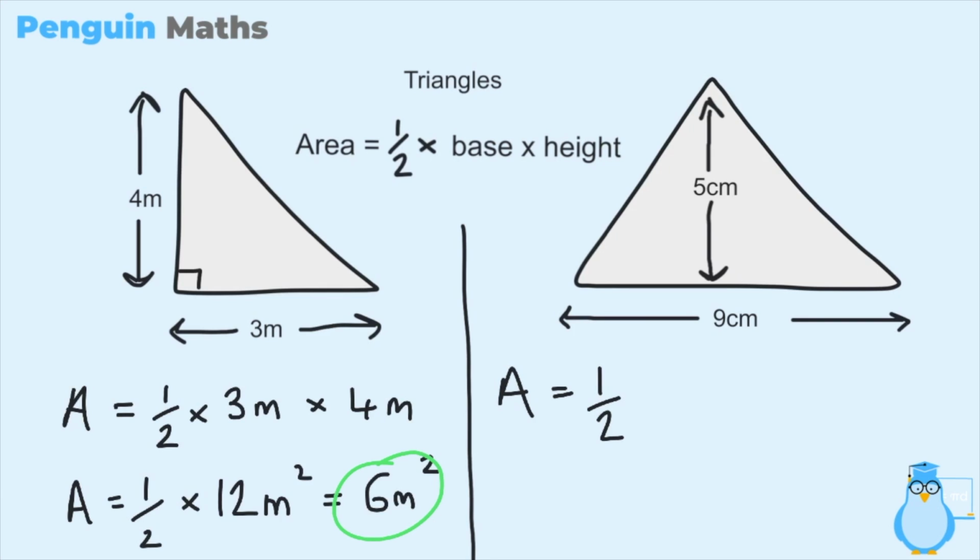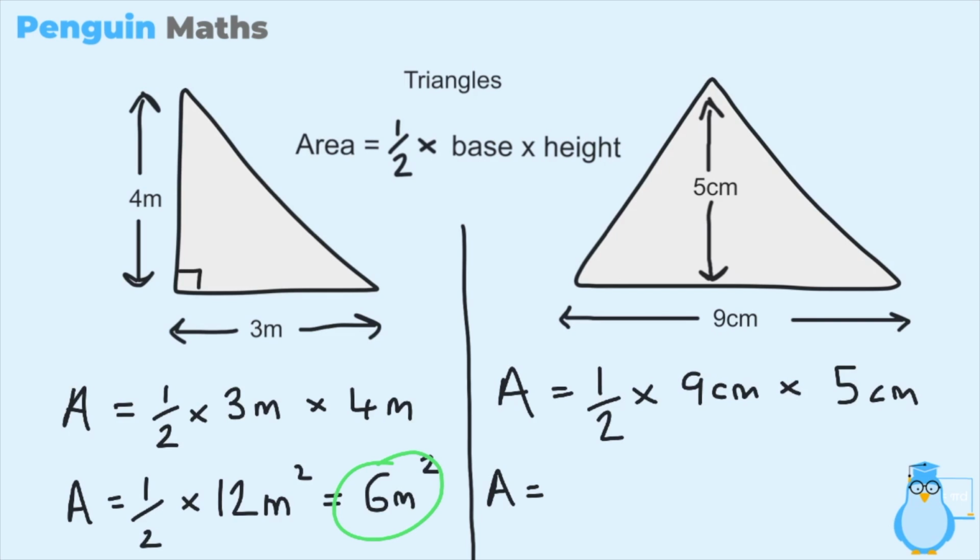And triangle 2, we can say that the area this time is equal to 1/2. Now the base we have here is 9 centimeters. Notice the difference. In the last example the lengths were in meters, but this time we have centimeters. This doesn't change anything at all, only for the fact that when you give the final answer you have to write it in centimeters, because that's what the lengths are given in. So we can say that it's 1/2 times 9 centimeters times by the height, which is 5 centimeters,